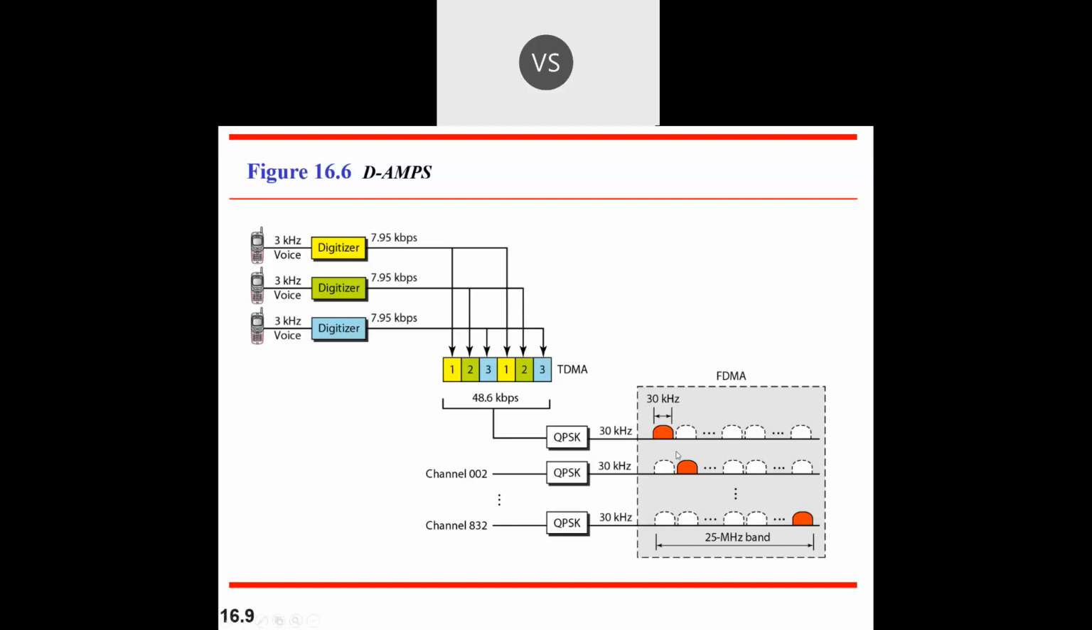FDMA. पहले एनालॉग का डिजिटल करके मल्टीप्लेक्स किया, जो एक कंबाइंड डेटा बचा उसका फिर से एनालॉग करके एफडीएमए किया. So what you have done actually is that in this 30 kilohertz you have accommodated 3 voice channels. जो एक वॉइस चैनल 30 किलोहर्ट्ज की एक बंदा यूज कर सकता था, आपने टीडीएमए अप्लाई करके वो बैंड 3 लोग एक साथ यूज कर सकें ऐसा कर दिया. So you can say whatever your capacity is there previously with 25 megahertz,